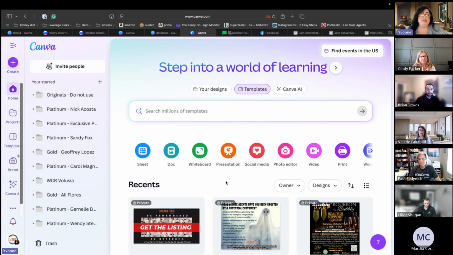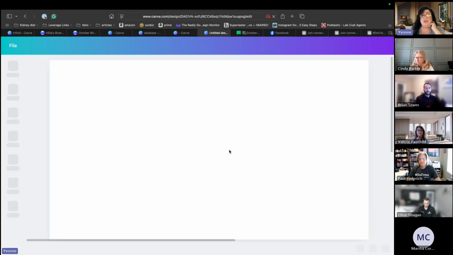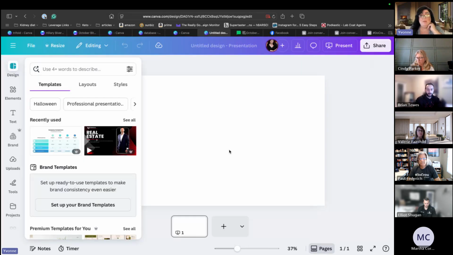So for me, guys, the use of paper brochures and such, I mean, they're great. Like that little 3x5 is a really cute one. I like that. But for listing presentations and other presentations, going electronic or going digital is the way to go. The presentation feature right here is where you're going to make your listing presentations, and you make them as a video. And then you record yourself taking them through the listing presentation, or through any presentation.